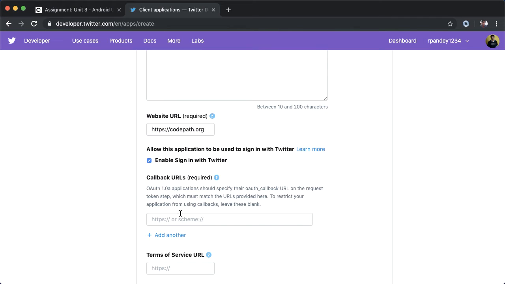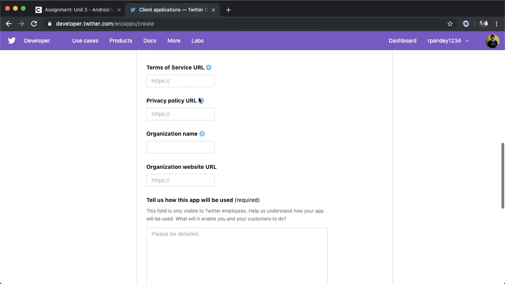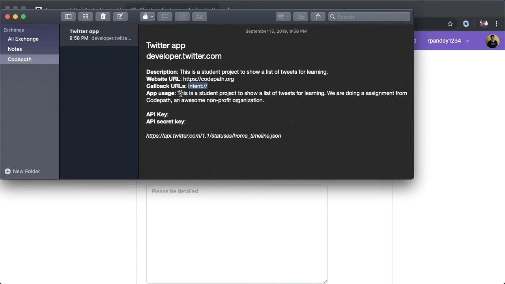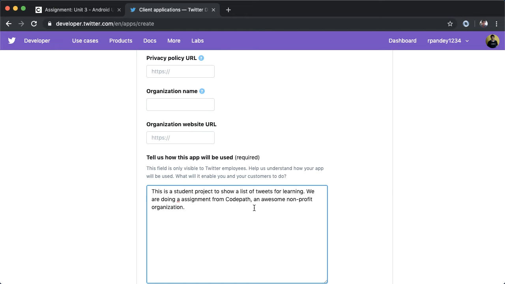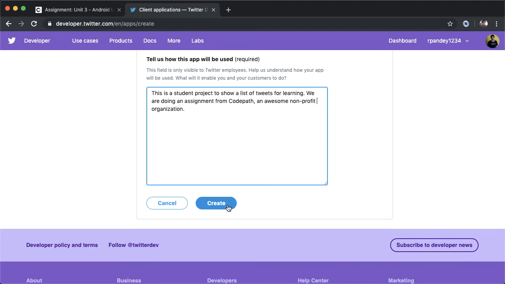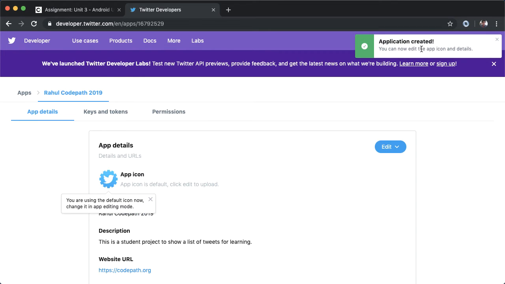And then callback URLs, we're going to say intent:// and this is what will allow us to open up our application once we've done the Twitter authentication. You can leave a bunch of these blank and then tell us how this app will be used. I wrote a quick sentence here about, this is a project for learning and this is through Codepath, which is an awesome nonprofit organization. So now you can tap on create, accept the terms and agreements,